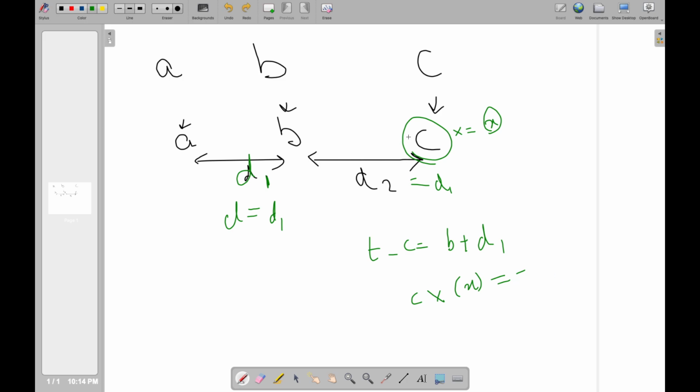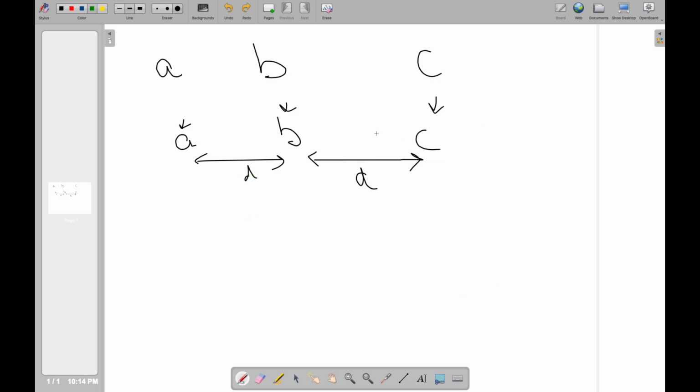Now we can do the same. Let me just remove everything. Now we can do the same and try to use A. So we will multiply this by some x, right? So A multiplied by some natural number equals x. But now since A is being chosen, B and C are fixed. And this is D1 and D2. Since B and C are fixed, that means